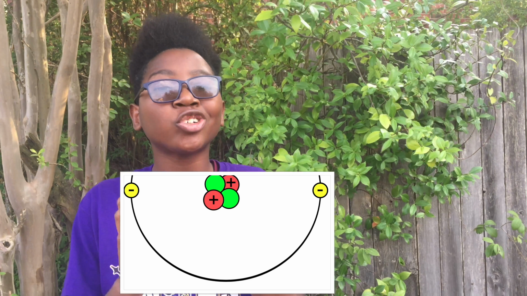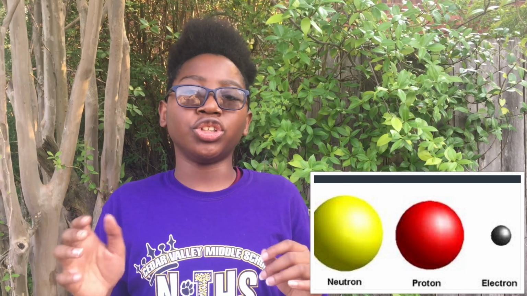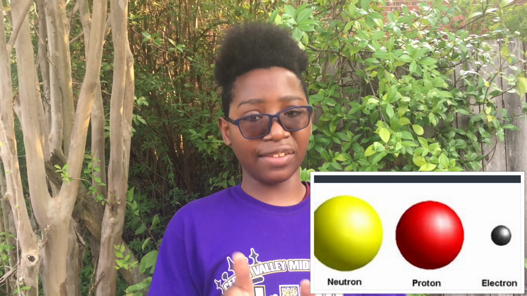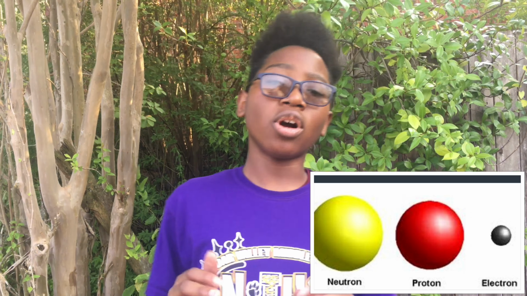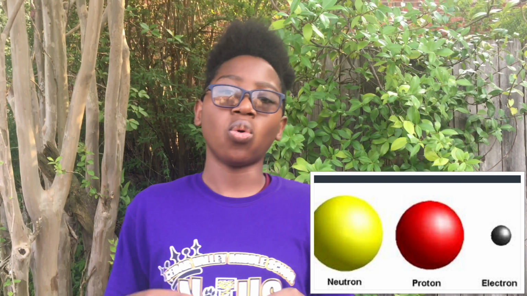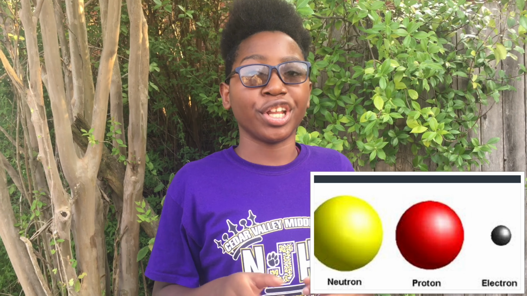In fact, an electron orbits a hydrogen atom at about 2,200 kilometers per second. Electrons are almost massless, while protons and neutrons have a mass of about 1.67 times 10 to the negative 24th grams. We call the mass of a proton one atomic mass unit, or 1 AMU. We also call the charge of a proton one elementary charge, or 1 e. The charge of a proton in coulombs is 1.6 times 10 to the negative 19th coulombs.